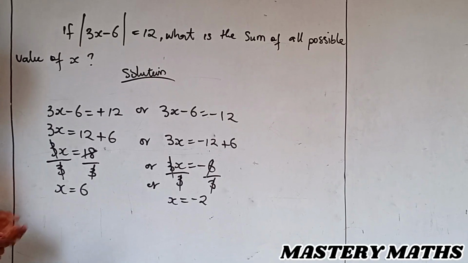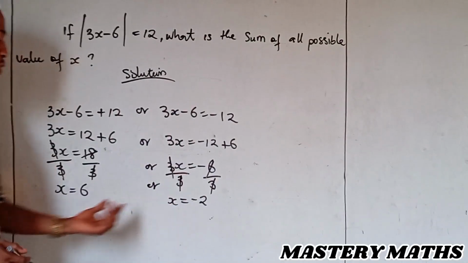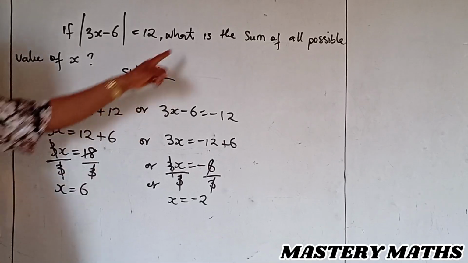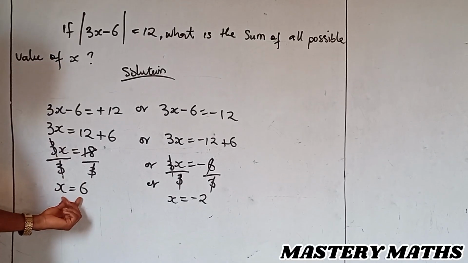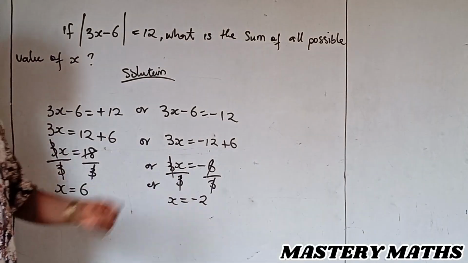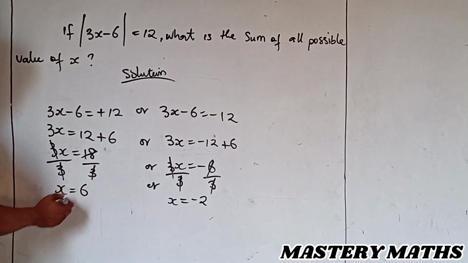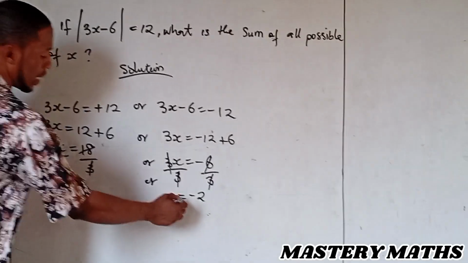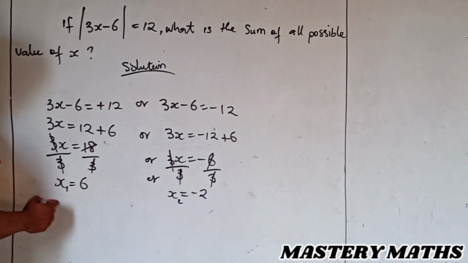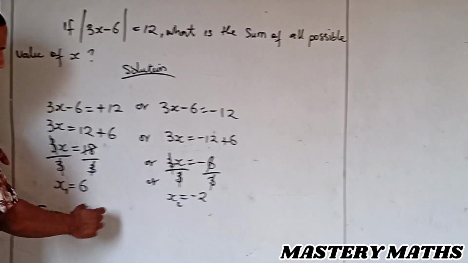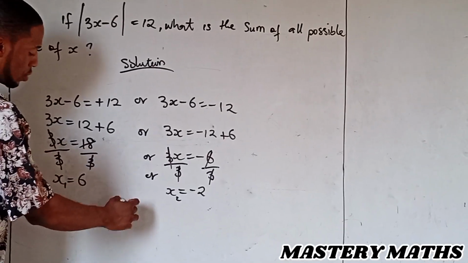Now, after we've gotten the answers of the two values, we can find the sum of all the possible values. These are the possible values: x equal to 6 and x equal to minus 2. We call the first one x1 and the second x2. So to find the sum of all the possible values now, it will be the sum of possible values,